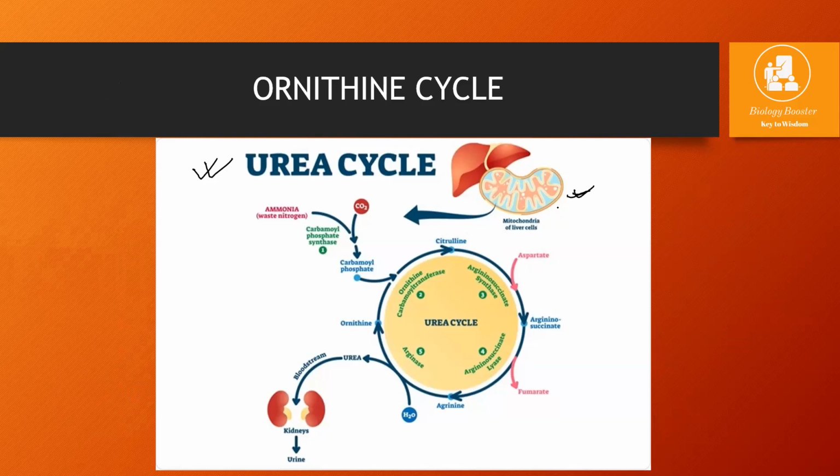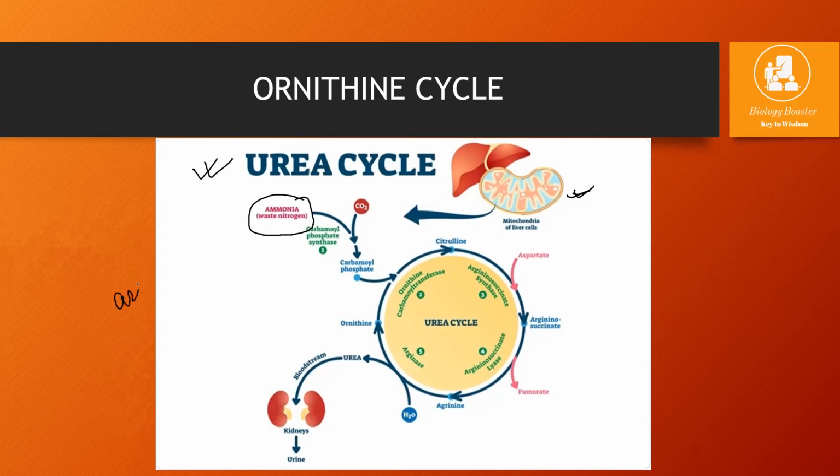वहाँ पे citric acid cycle पढ़ा होगा. Everybody knows about the Krebs cycle occurring inside the mitochondria. Citric acid cycle पढ़ा था. तो अमोनिया जो अपने मेटाबॉलिक वेस्ट ऑफ नाइट्रोजन से लेके आए हैं एंड कार्बन डाइऑक्साइड व्हिच वाज ऑफ कोर्स अ मेटाबॉलिक वेस्ट विद द हेल्प ऑफ कार्बोमिल फॉस्फेट सिंथेटेज.